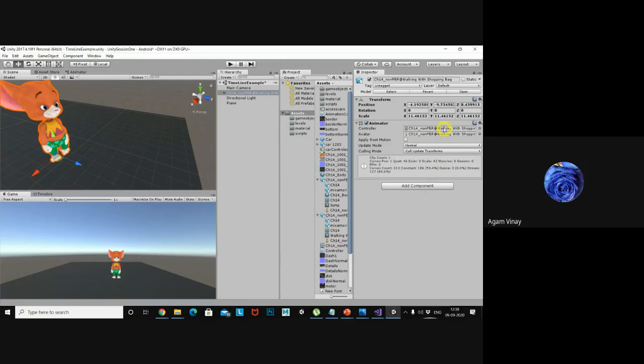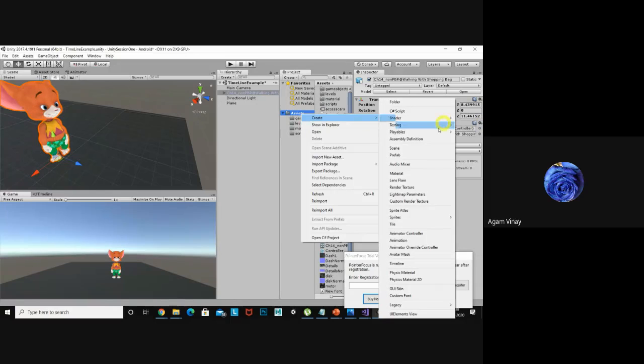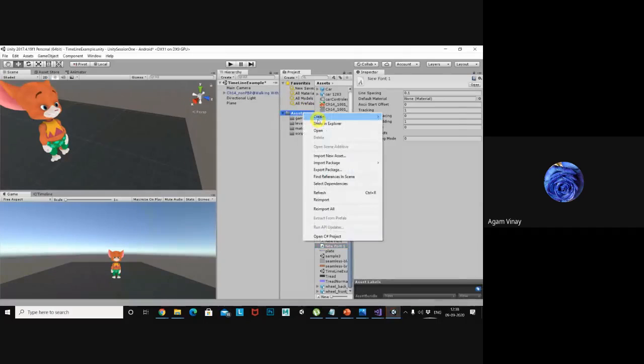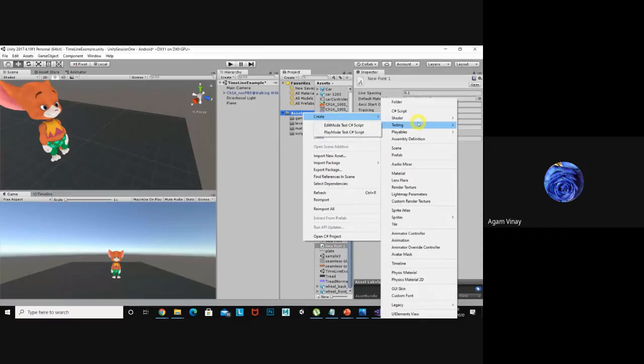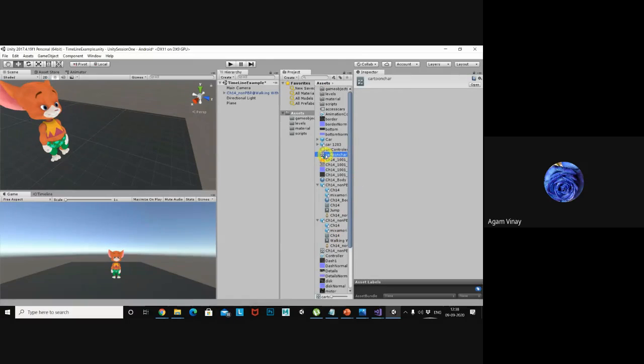Or if you want to create the controller yourself, you can do it like this: right click, create, animator controller. Just select animator controller, name it cartoon character, and double click it.